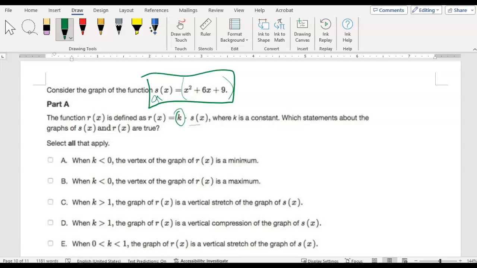So when k is less than 0, the vertex of the graph of r of x is a minimum. Meaning if k is negative, if I multiply the whole thing by a negative, would this have a minimum or a maximum? Well,